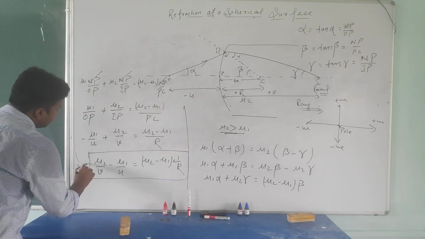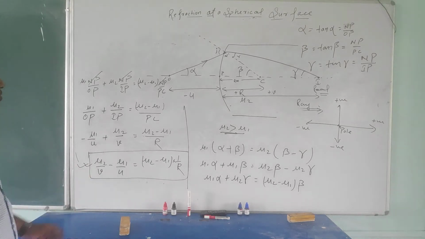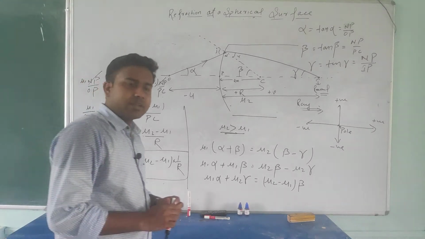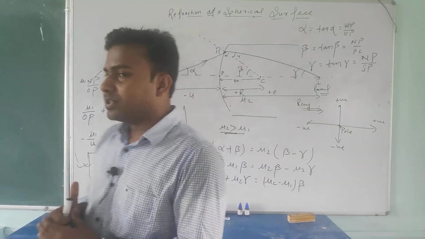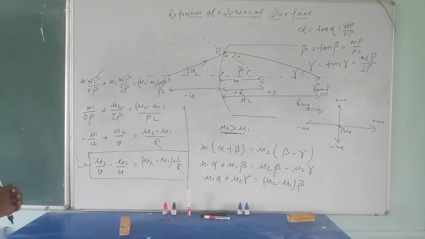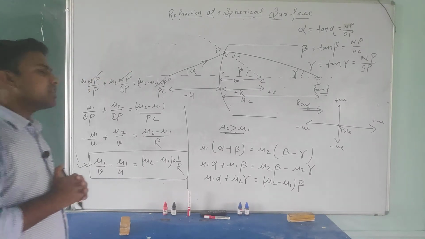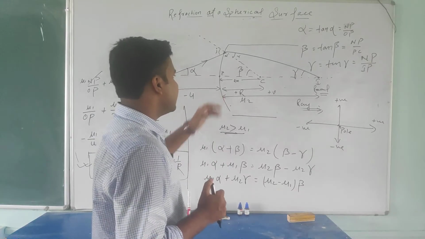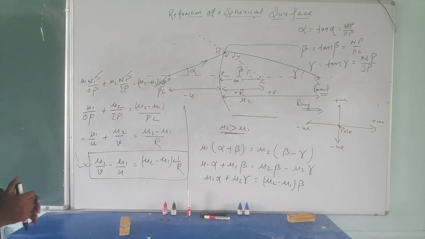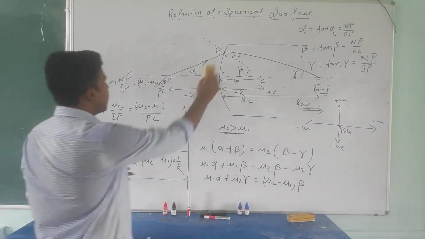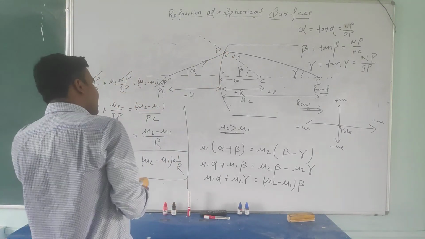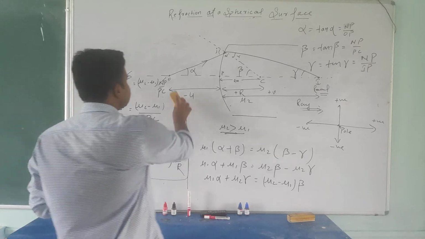This formula is very important student. We'll use this formula for deriving the lens maker formula. So this is very important. Now look at this. Now we'll discuss the focus. There are two focus, so first focus and second focus we'll discuss here in this diagram. I suppose you all understand the derivation. Very frequently the CBSE board exam is asking this derivation. So everyone note down this.